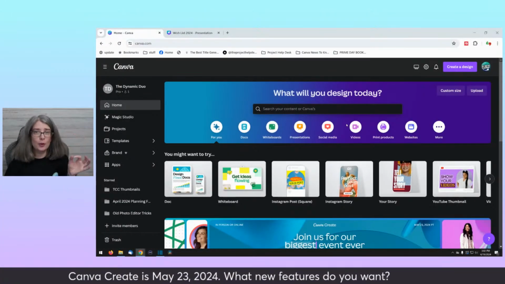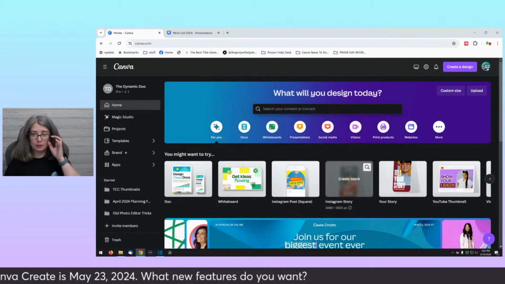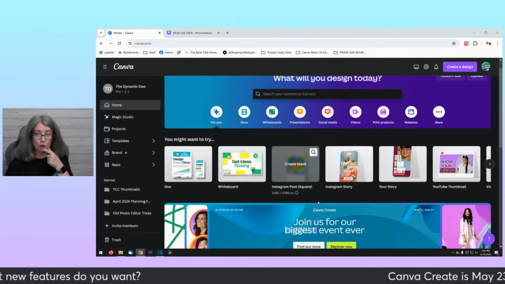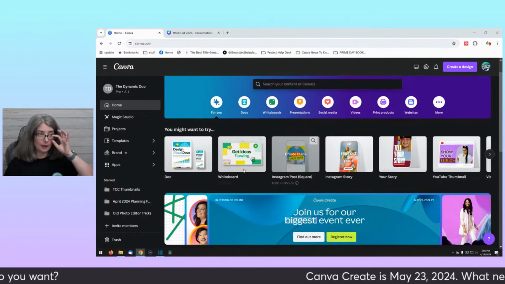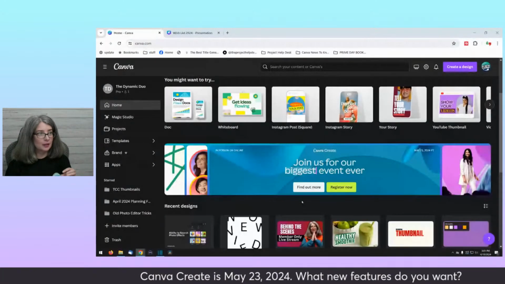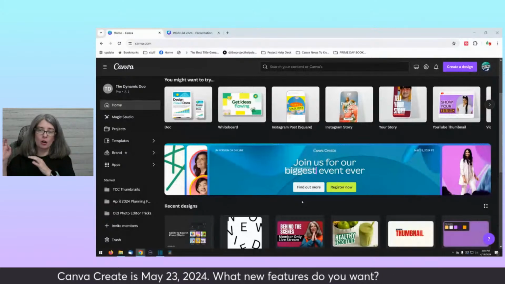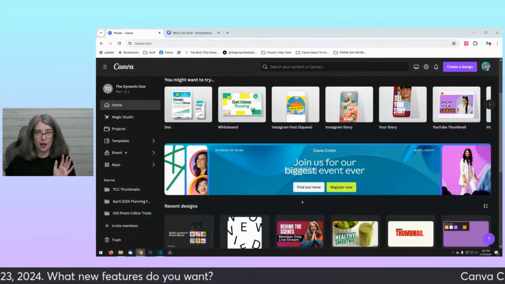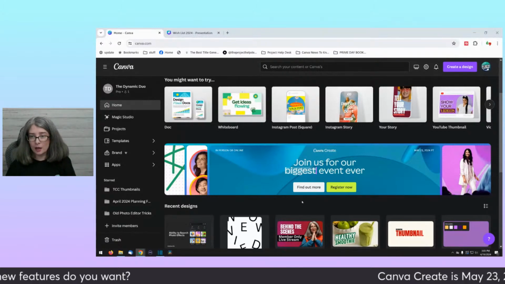If you go into Canva right now until probably May 23rd, you're going to notice this banner, Canva Create. And of course, there's been no cars driving down this road all day. It's been silent. I start the live, they start flying.